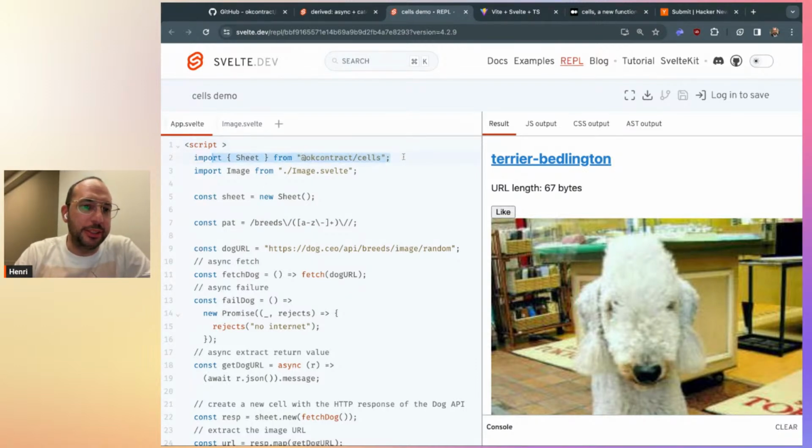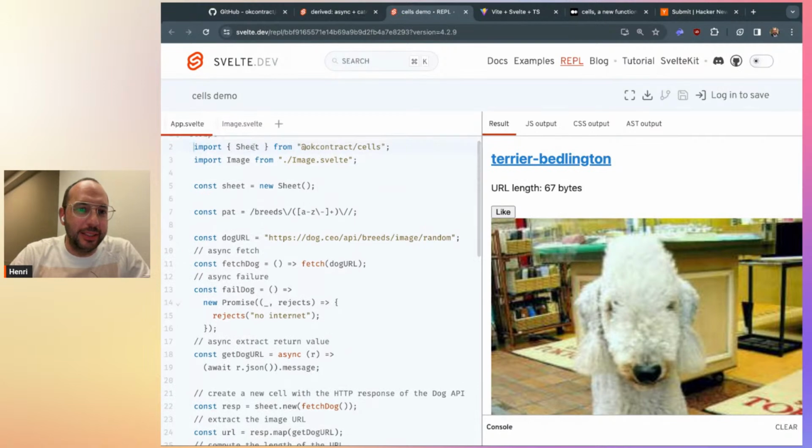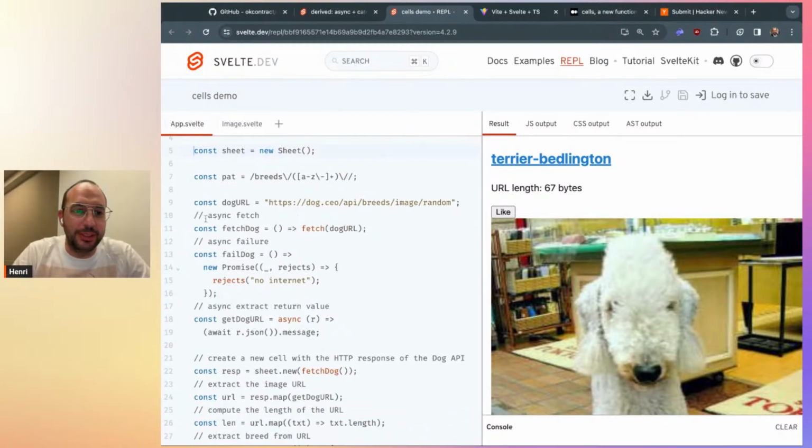So basically, we just import a sheet, which is like the spreadsheet for the cells. And this is a constructor, this is a class. So we say, okay, we're building a new sheet. And most of the time we'll have this single sheet, which will be used throughout the whole app, unless you want to build a sheet for something which is completely separate. Okay, so we have this constant,